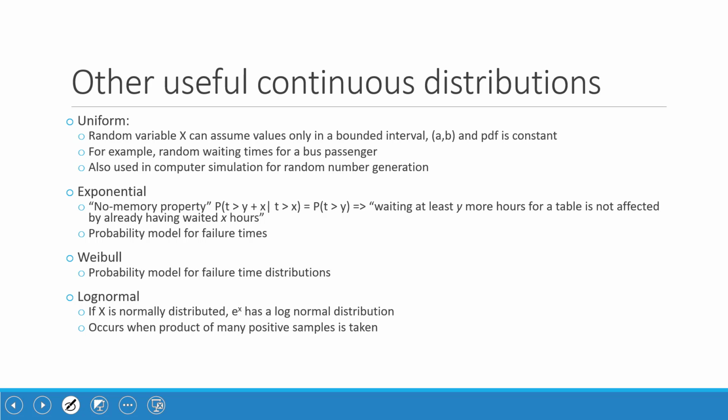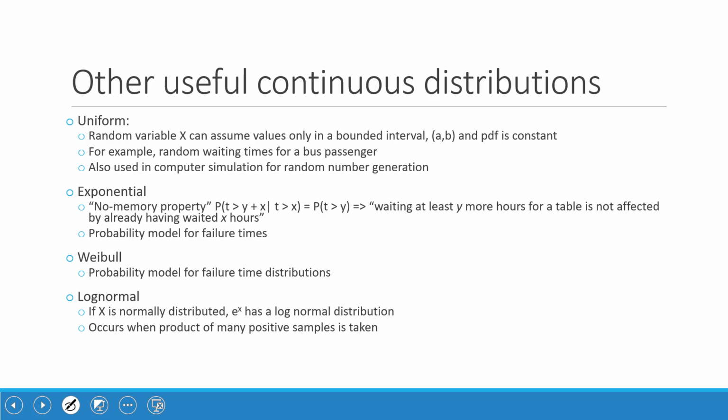It is often used in modeling random waiting times, and it's used very often in computer simulation for random number generation. The other one is exponential. Exponential distribution has been used for modeling failure times. But the unique property of exponential is that it has a no memory property. What that means is that